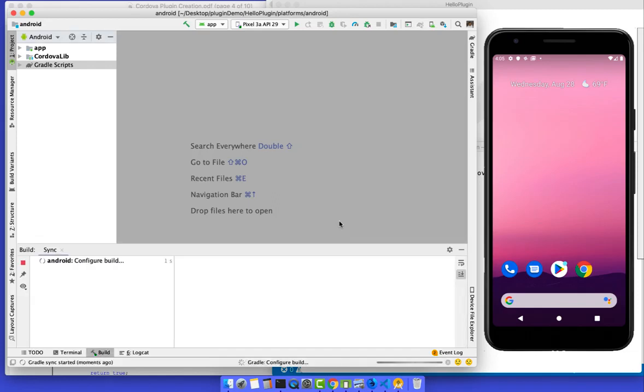It will take some time, and if you get any issue here, we will resolve that. So still two processes are running. You can also find the way how you can debug the application, or how you can successfully import the Cordova application in the latest version of Android Studio.